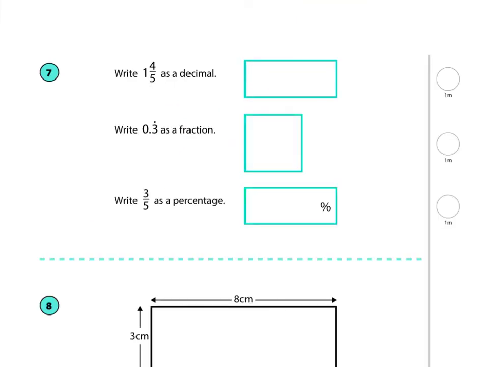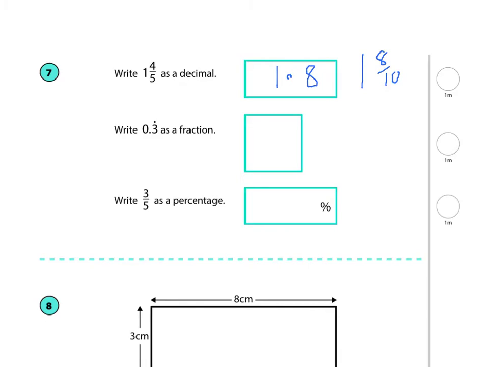Question 7, part 1. Write 1 4/5 as a decimal. Now, one of the simpler ways of doing this is to convert this, first of all, into an equivalent fraction. So this can be written as 1 whole, and if I double both parts of 4/5, I would have 8/10. Now, if you know your place value and your column names, you will know that the column immediately after the units is the tenths, so this answer would be